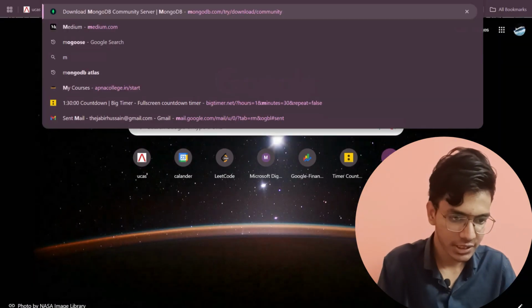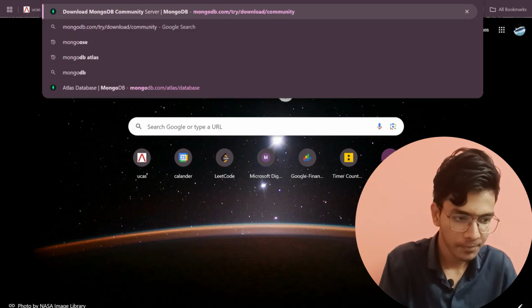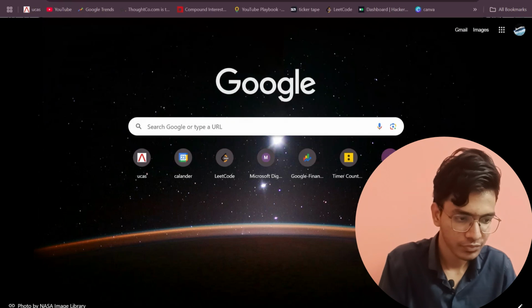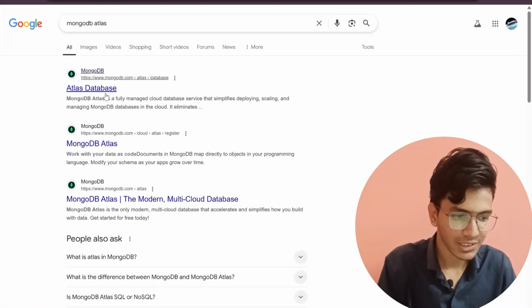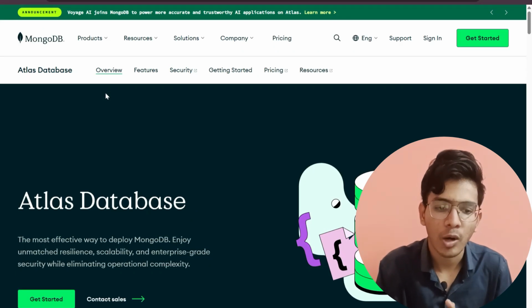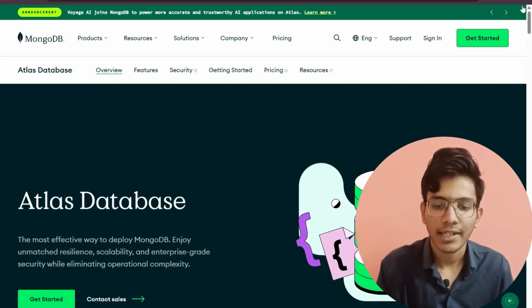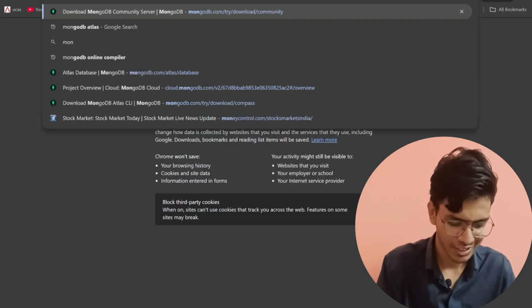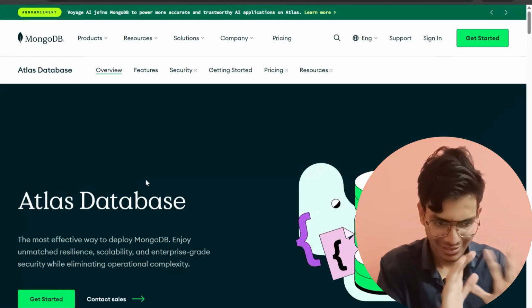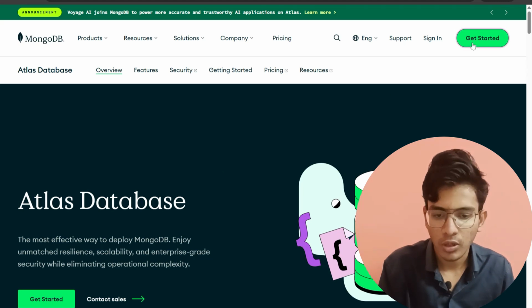Here I will search MongoDB Atlas. So here you can see this is the MongoDB Atlas. Now if you haven't created the account, then just click on get started and you can create your account. Let me show you as well, account creation, MongoDB Atlas. You can see this is the initial page of this. Now click on get started,